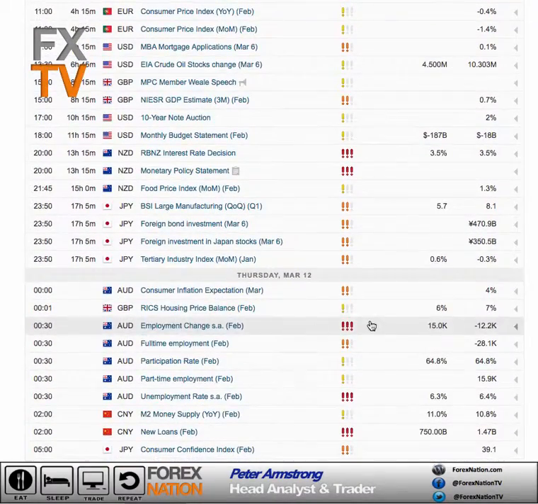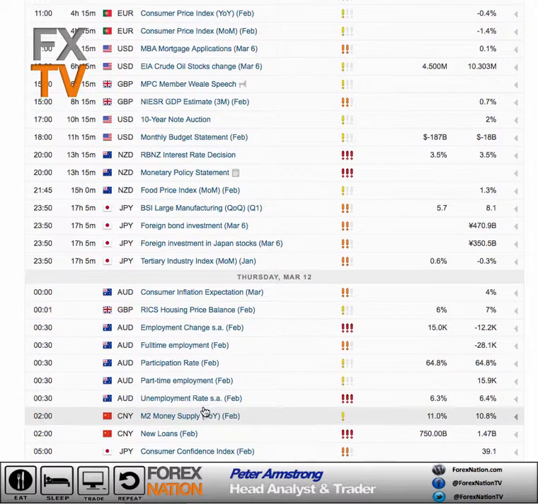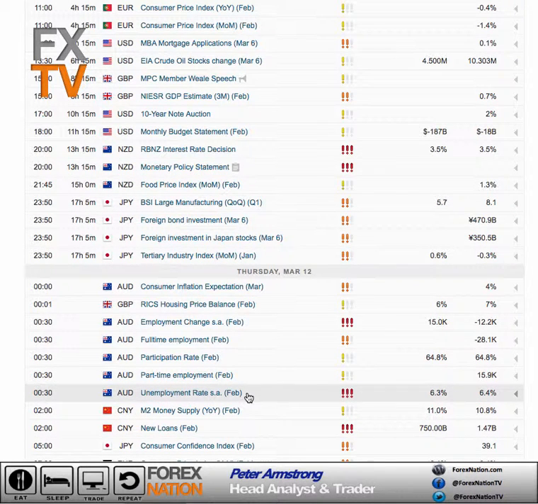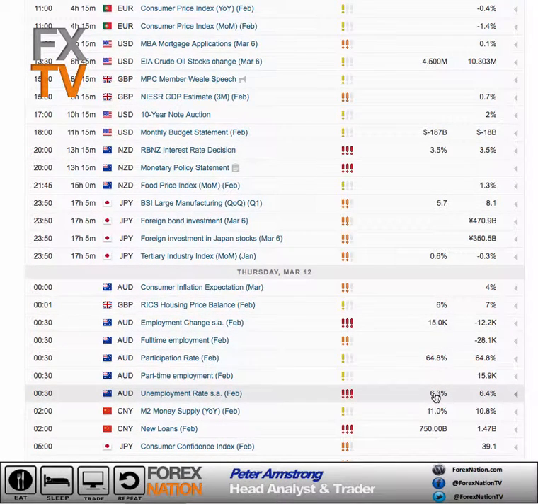Also, we do have the economic employment change and full-time employment, participation rate, part-time, and the unemployment rate for Australia. Now, this is going to be a big one once again. If we see the data slide even further for the Australian economy, that is only going to fuel further falls in the Australian dollar. However, if we see a solid number, as is potentially being indicated, and a stable